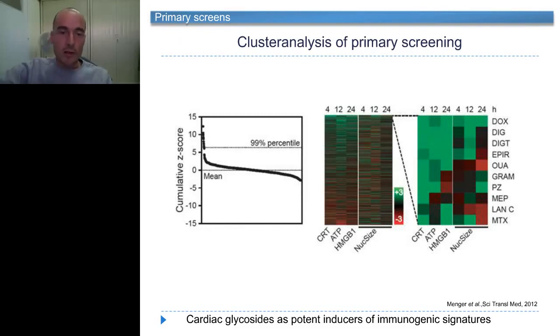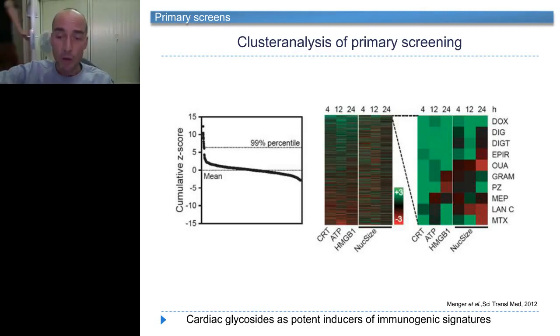We did a cumulative Z-score to have a look for all those drugs that have the capacity to bring up all these immunogenic hallmarks together. And when we had a look at the upper 1% percentile of the screens, we found, to our relief, quite some compounds from the group of anthracyclines. This is very confirming, because this is something that we initially found in the 2006 Nature Medicine publication in the